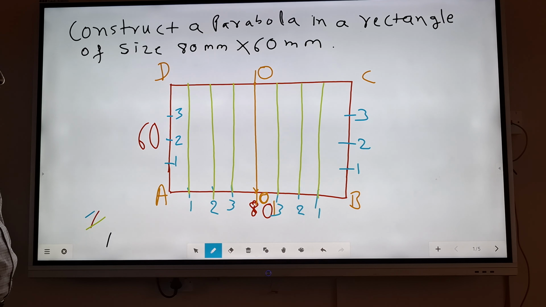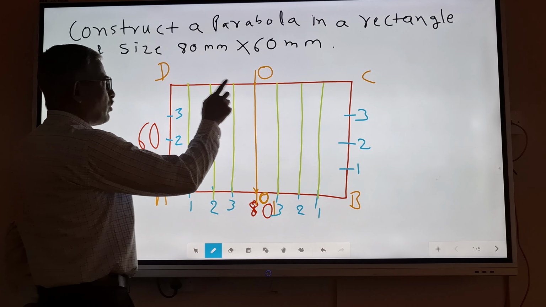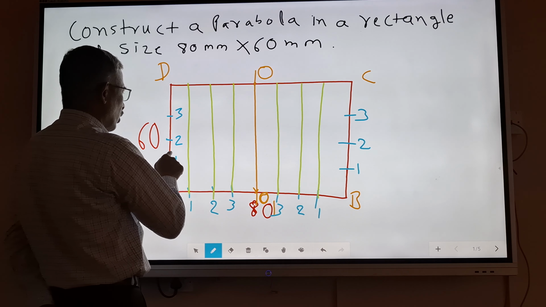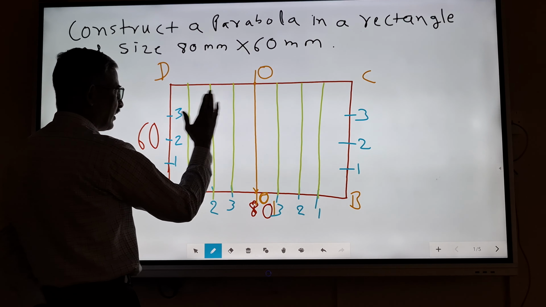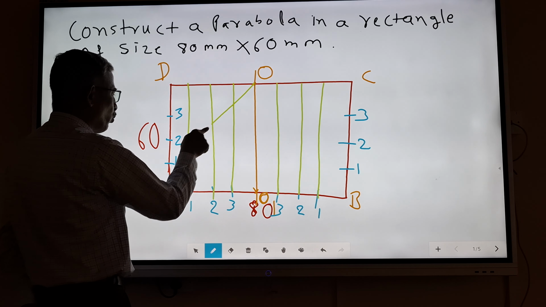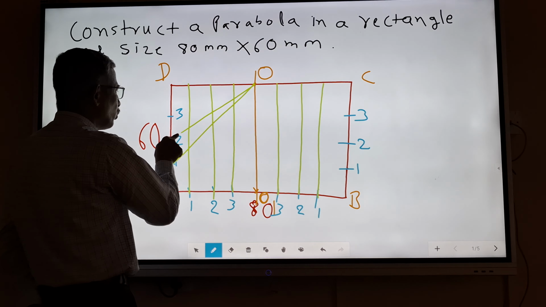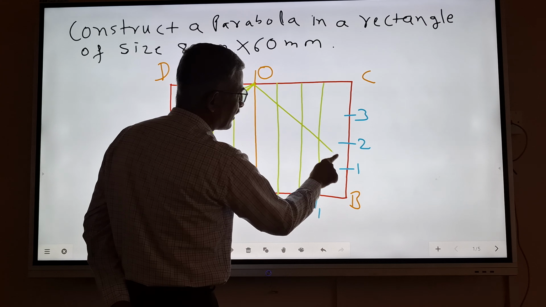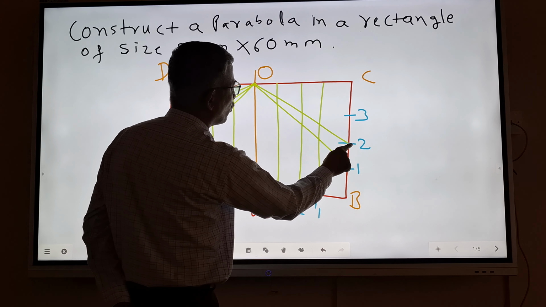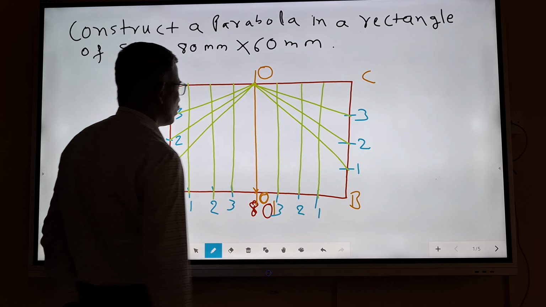And at the same time you have to join point O to all the points on these lines 1, 2, 3 and 1, 2, 3. Points O1, O2, O3. Repeat on the right side the same thing, O1, O2 and O3.